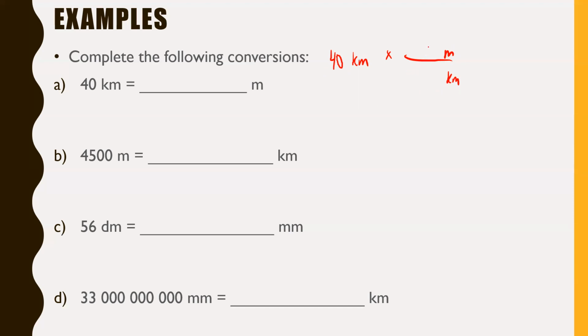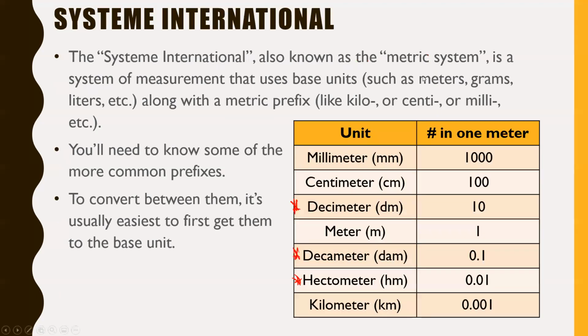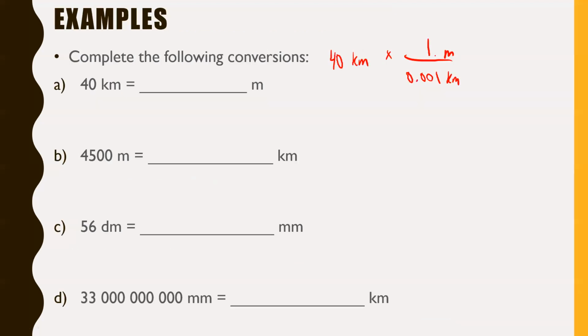I could say, okay, I know I want 1 meter, and 1 meter is the same thing as 0.001 kilometers. That was on the chart we had just back here. Notice this, 0.001 kilometers down at the bottom. That's the same thing as 1 meter. So this fraction here really is just showing you the exact same thing as what 1 meter is, right? So 1 meter and the 0.001 kilometers, those are the same thing. So if you go 40 times this fraction, 40 times 1 over this, you're actually going to find that you